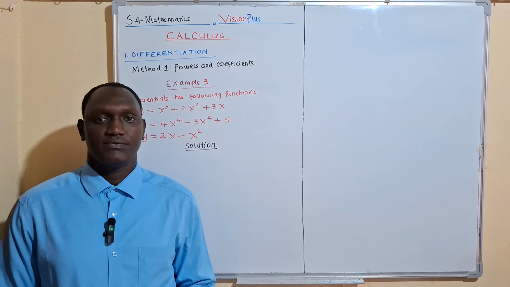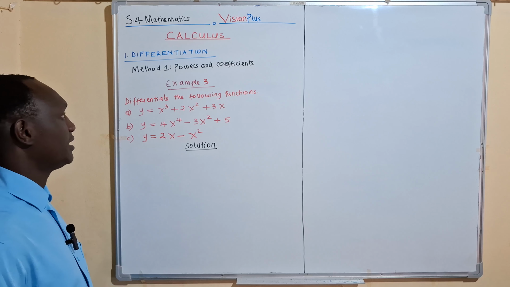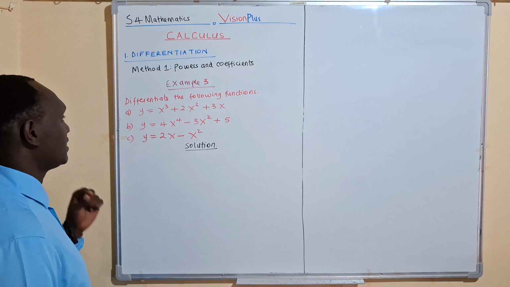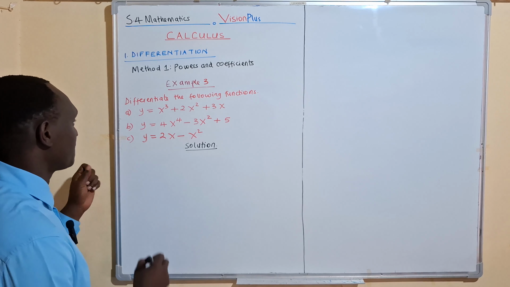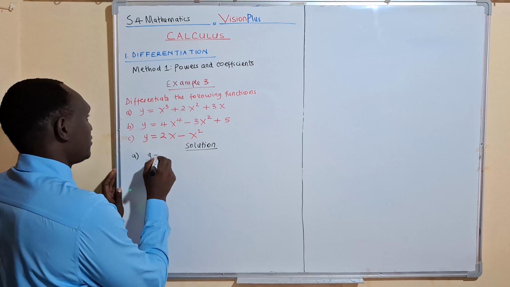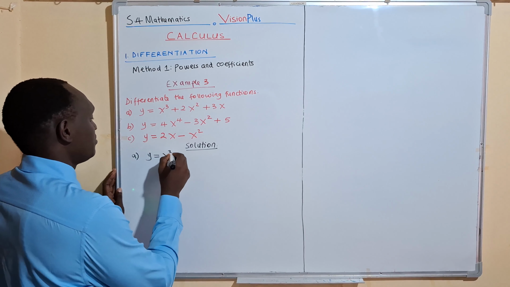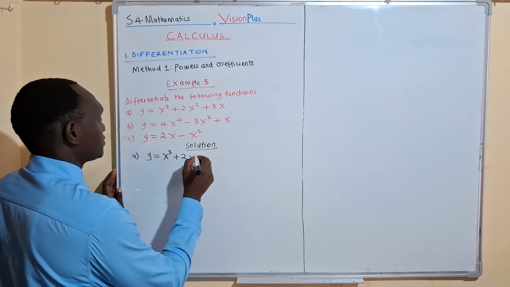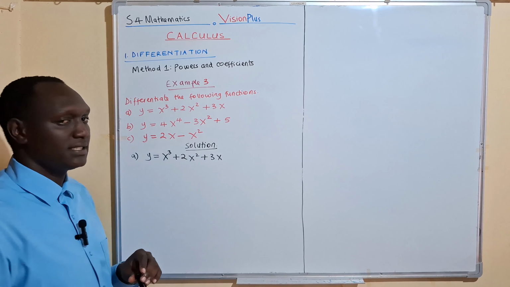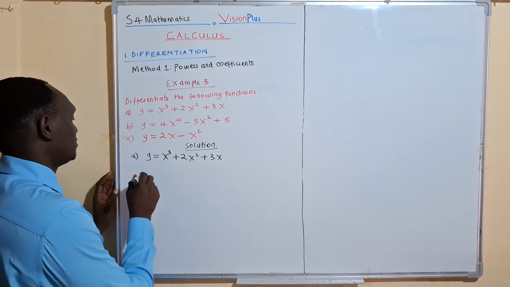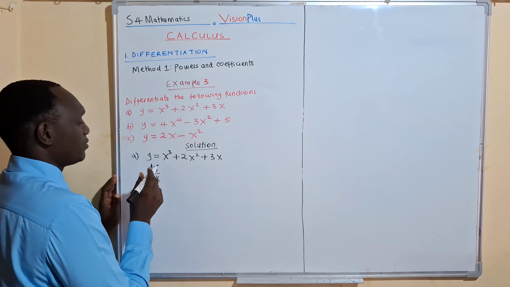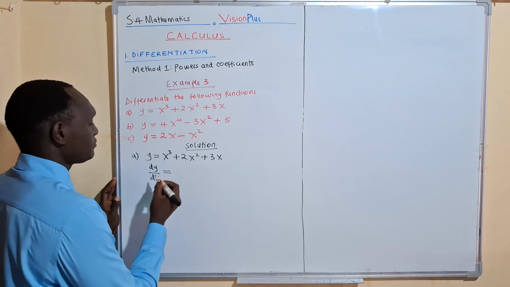We are looking at differentiation and we are using method 1, that is dealing with powers and coefficients. Example 3 says differentiate the following functions. Part A, the function is given as y equals x cubed plus 2x squared plus 3x. So let us differentiate this function of y. So we shall say dy/dx, that is differentiating the function y with respect to x, gives us,